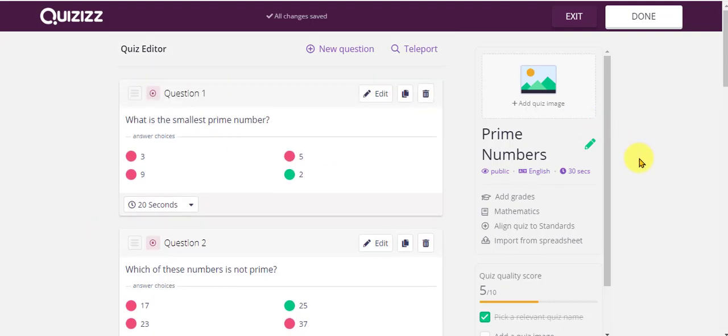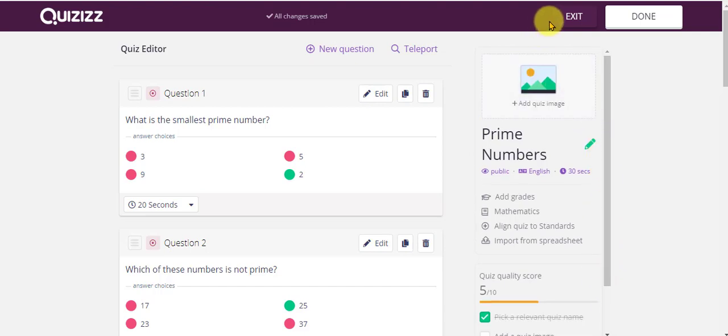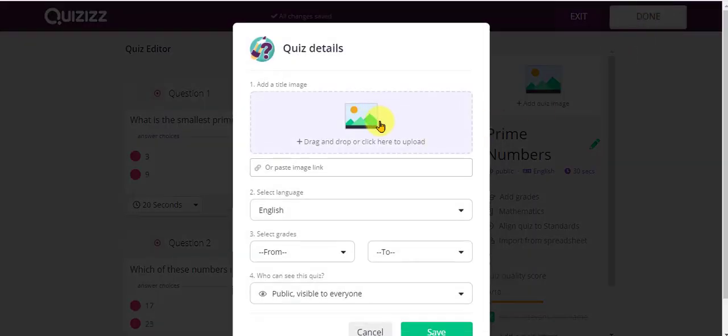Let's say I am done with the process. If I exit, all the changes are saved, so it will be kept as a draft. If I say done, now